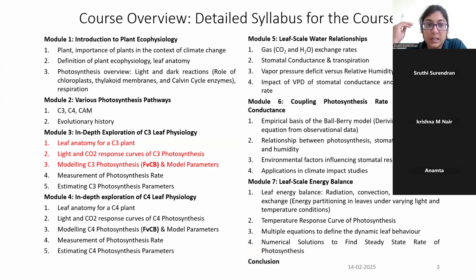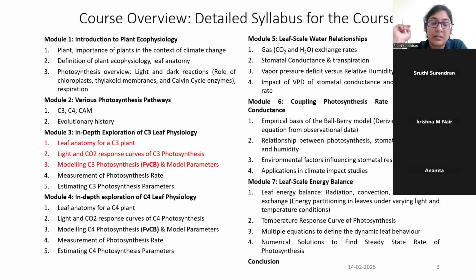And then we learned about the light reactions, dark reactions, photorespiration, and how it is different for different kinds of plants. There is C3 photosynthesis, C4 photosynthesis, CAM photosynthesis, and the evolutionary history behind